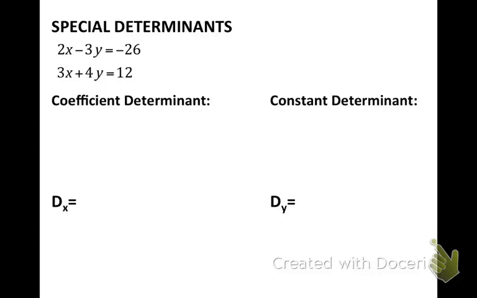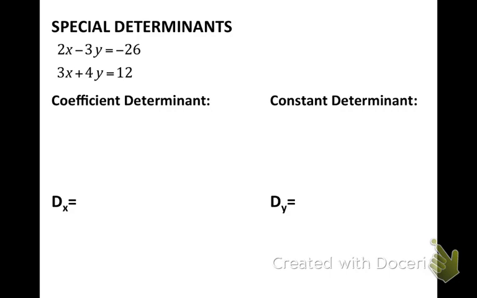All right. So if we had the system 2x minus 3y equals negative 26, and 3x plus 4y is equal to 12. I'm going to come up with 4 different special types of matrices, but what I'm really curious about is finding 4 different types of special determinants, which we should know how to do because we did that on Tuesday. So the first type of determinant we're going to think about is what's called the coefficient determinant,